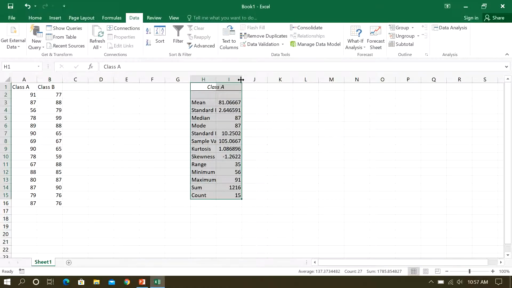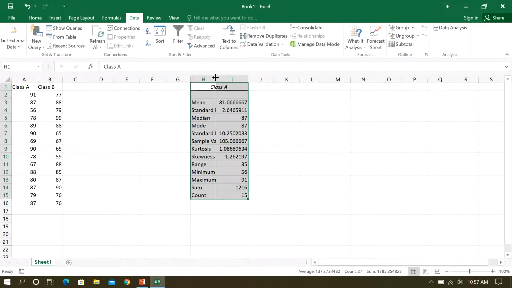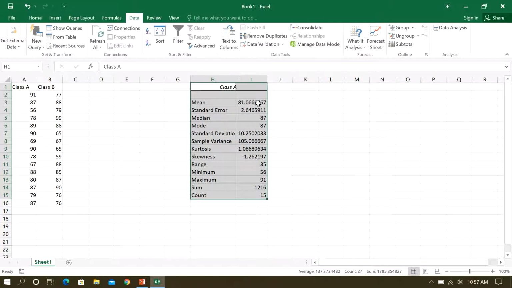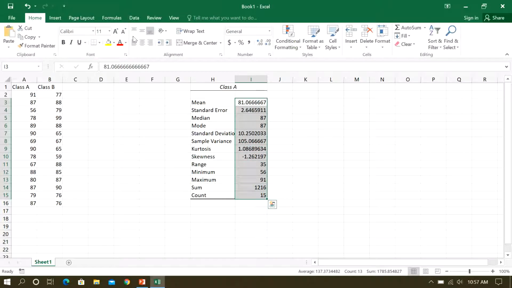You see, for class A, everything which you want will be here. Mean, which we generally call as the average. Also, one thing: you will select all these numbers, go to the Home option, and then decrease the decimals. Generally you require up to 3. This one is enough. Now, instead of finding one by one for everything, we got all the things over here.